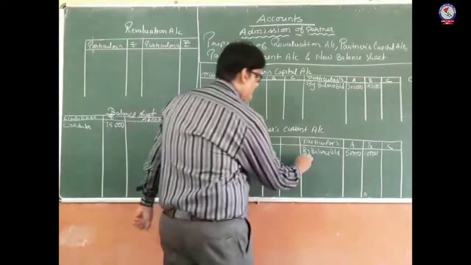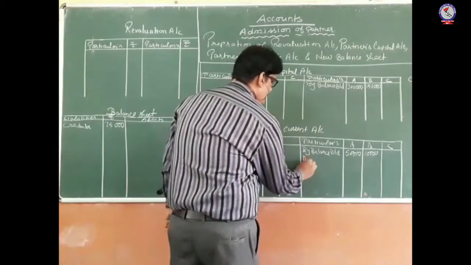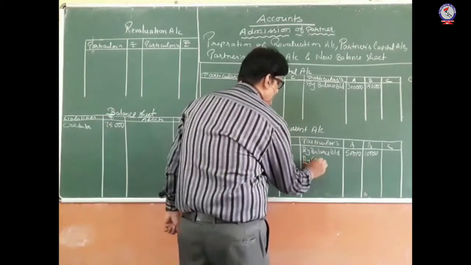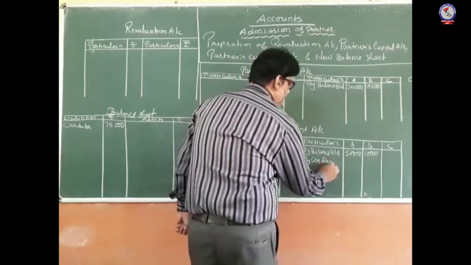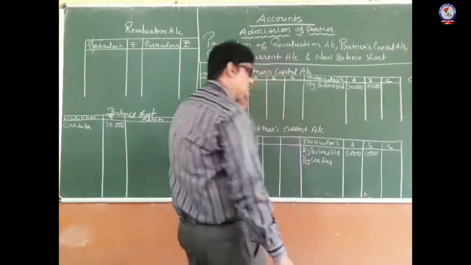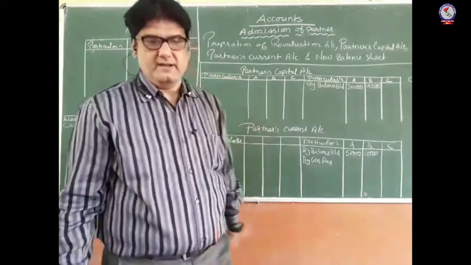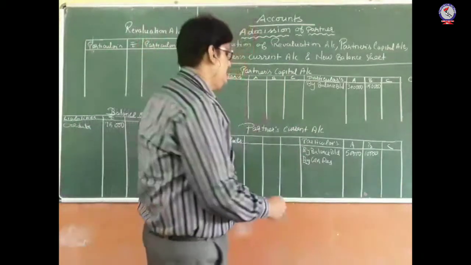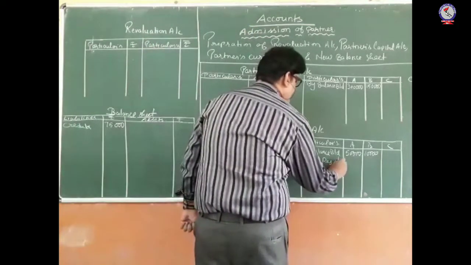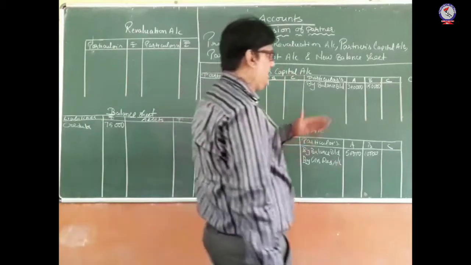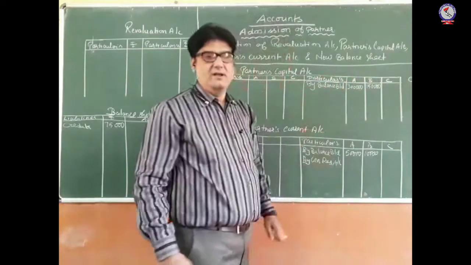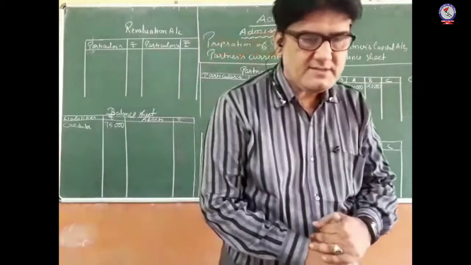In the revised balance sheet, the amount of creditor will be transferred as it is, that is 75,000 rupees, and the general reserve will be distributed among the partners in their current accounts. Because there is no claim against the reserve, the general reserve will be distributed amongst the old partners, that is A and B. A and B were the partners in the ratio 3:2, and general reserve here is 60,000.